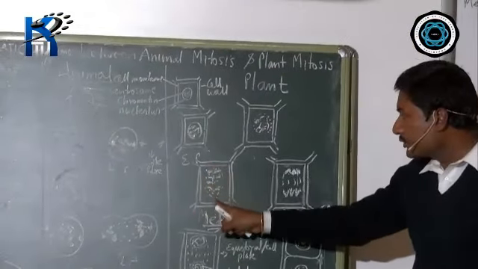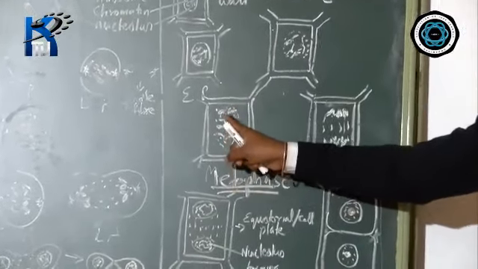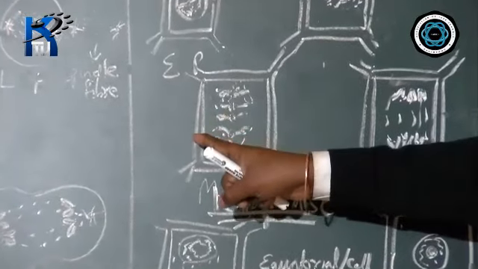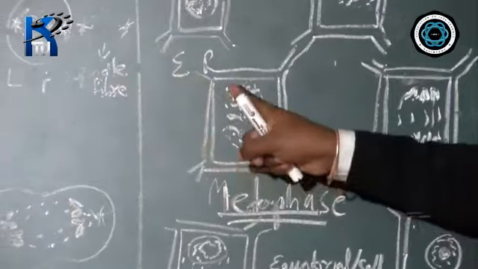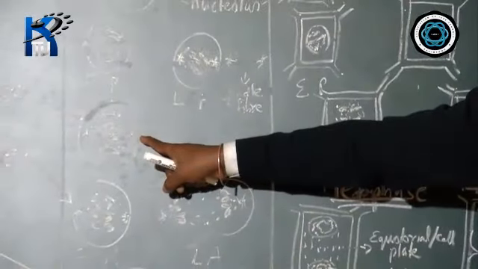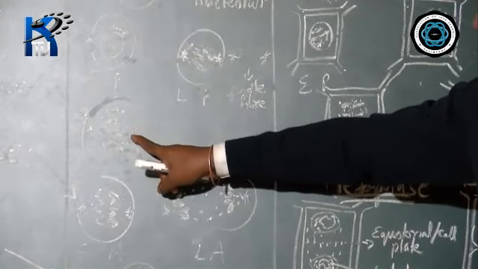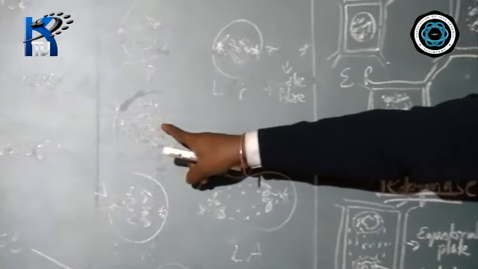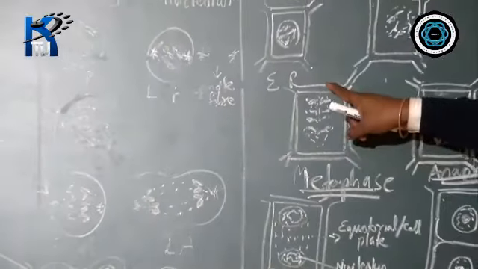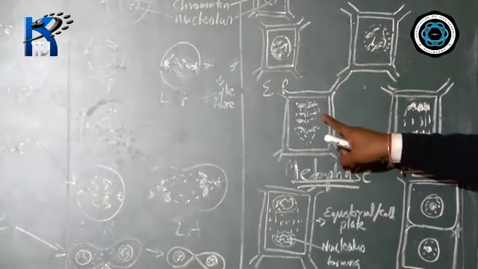Now, in the metaphase, what do you find? You will find all these centromeres are towards the center. Spindle fibers have got formed. Now the question comes out here that how do these spindle fibers get formed? In the animal cell, in the animal mitosis, I told that the spindle fibers have been formed from the asters. But here, from where they have got formed, you have to understand they have formed from the nuclear membrane, they have formed from the nucleoplasm.